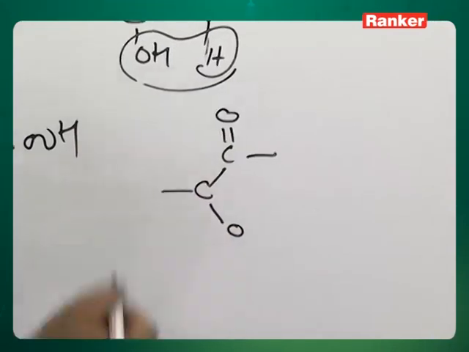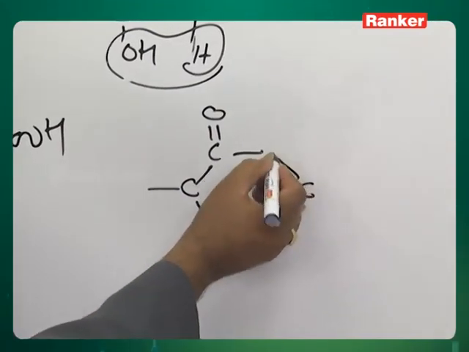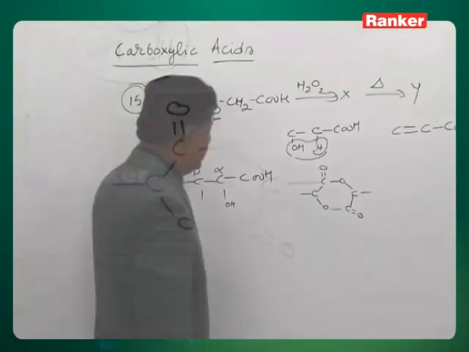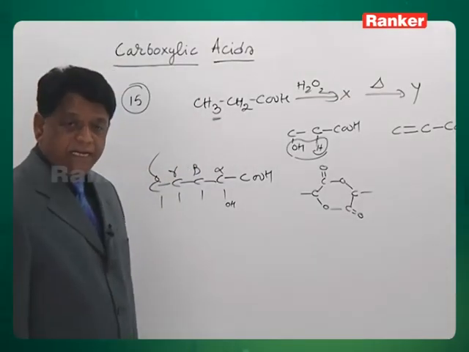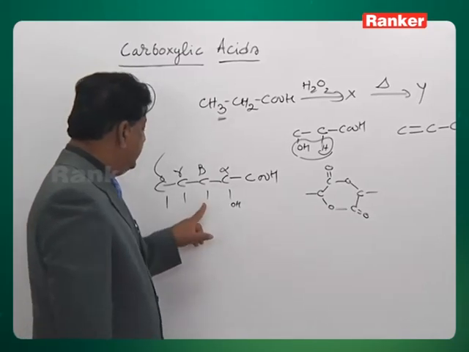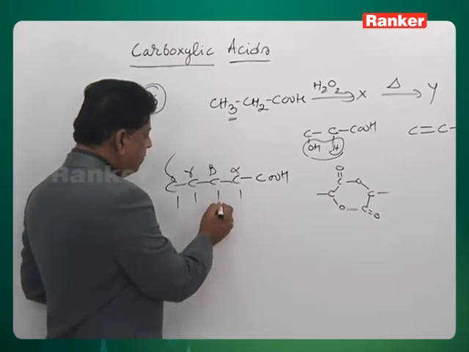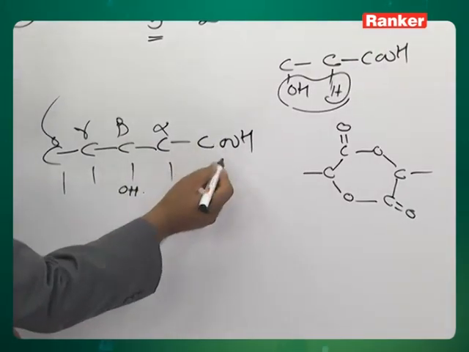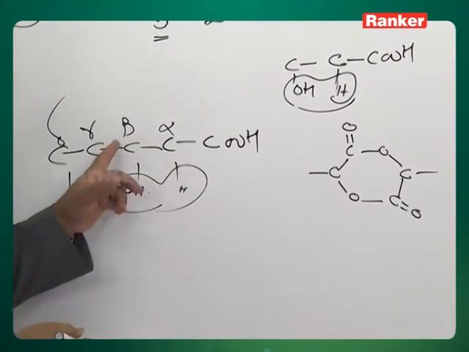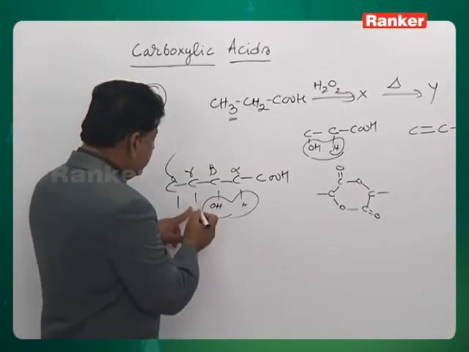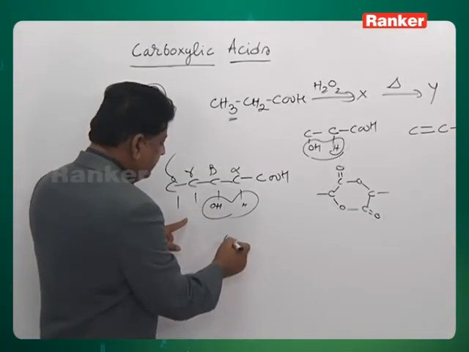This is a hydroxy carboxylic compound, having a hydroxy group and a carboxylic acid. This is called lactide formation. Alpha hydroxy acids on heating become lactides. Beta hydroxy compounds, if OH is beta, the alpha hydrogen shows hyperconjugation, therefore elimination takes place and we will get alpha beta unsaturated acid. If gamma onwards is there, gamma OH if it is there like this,